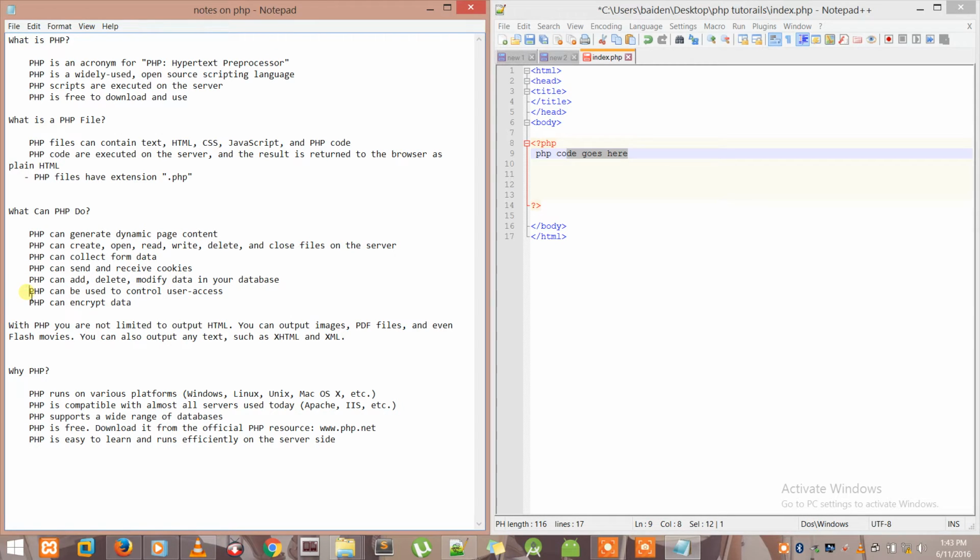Okay, so PHP can control user access. With PHP, you can control user access, as in you want maybe this user to be able to access this particular file, or you don't want this user to access this particular file. You can write code where you tell this user that he has no access to this file, and the person can never get access to it, or you can allow access to that file or anything like that. And PHP can also